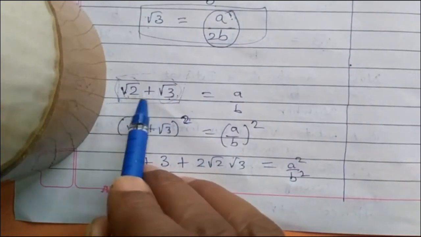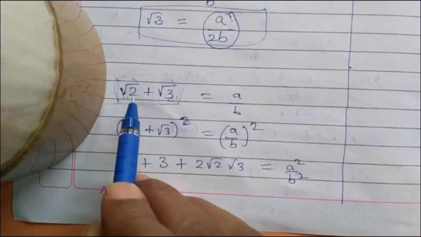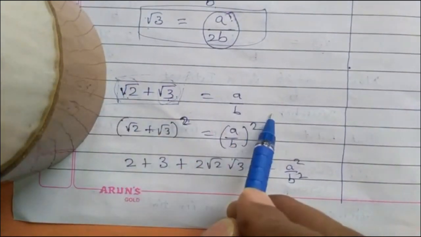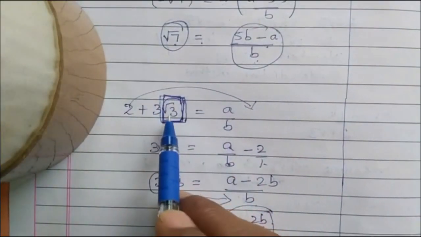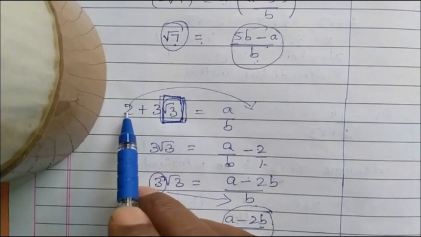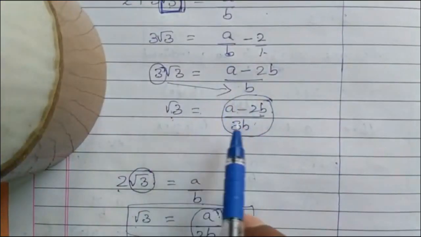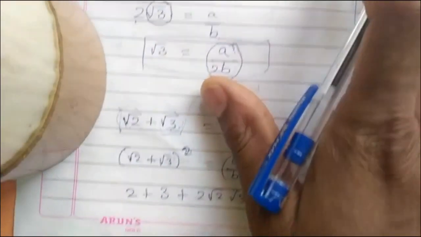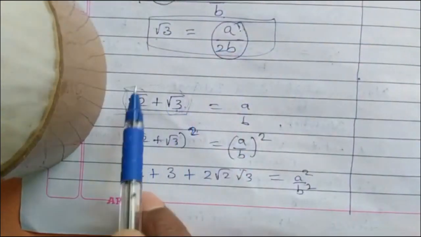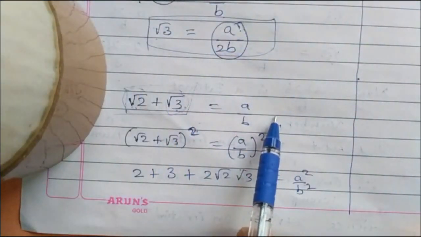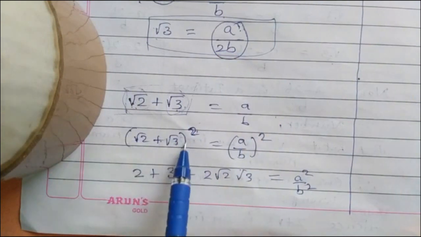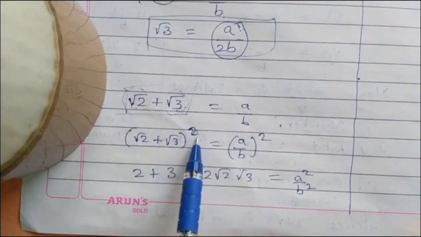When two irrational numbers are given, the whole thing we need to prove. So which one to shift to the other side? Both are irrational numbers. In the previous case, only root 3 is an irrational number, so we can shift 2 and 3 to the other side and equate rational and irrational by contradiction. But here both are irrational numbers, we cannot shift any one to the other side. Therefore what I did, I went to squaring on both sides.